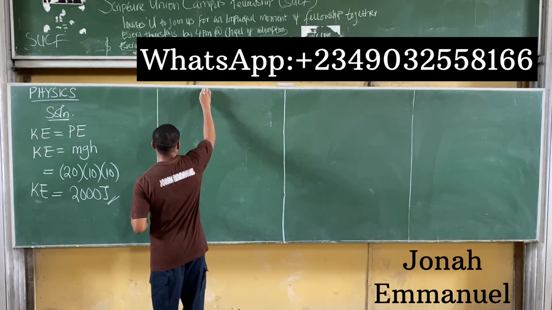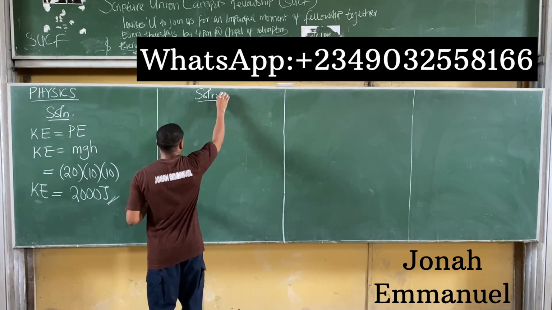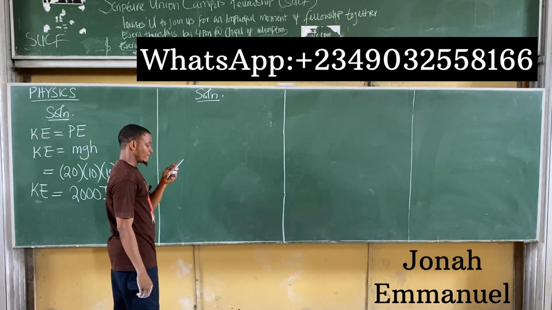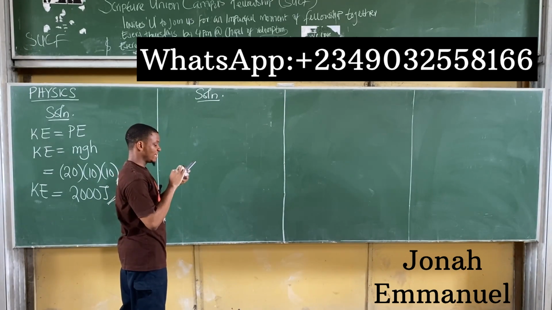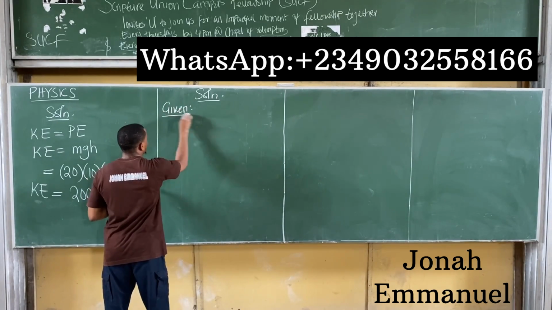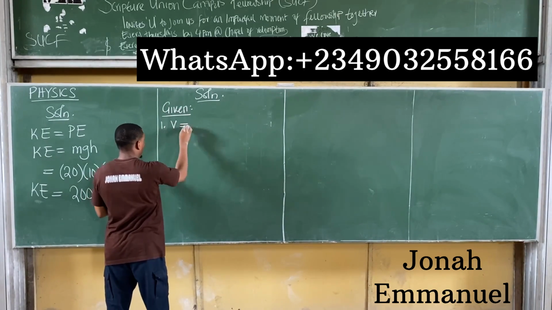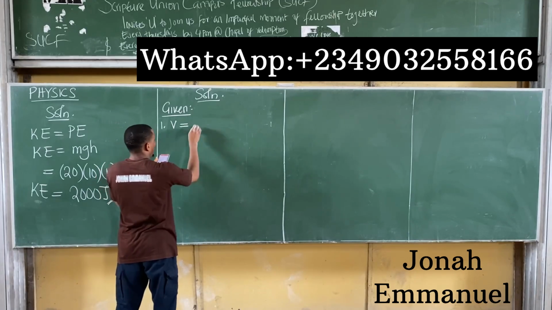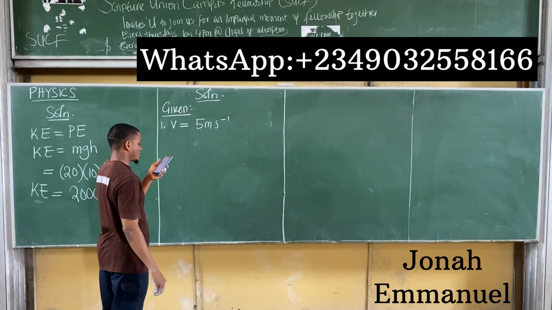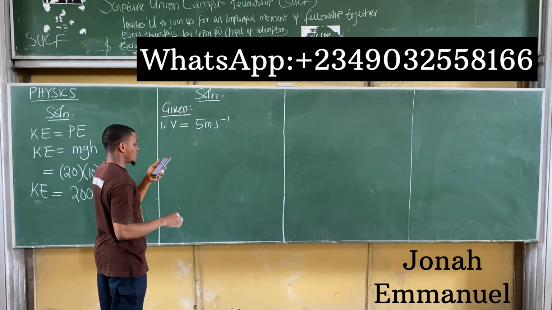Quite an interesting question. So let's look at this. First things first, it said an object of mass, moving with a velocity. I'm given velocity v as equal to 5 meters per second. They said at a height. At what height must a similar body